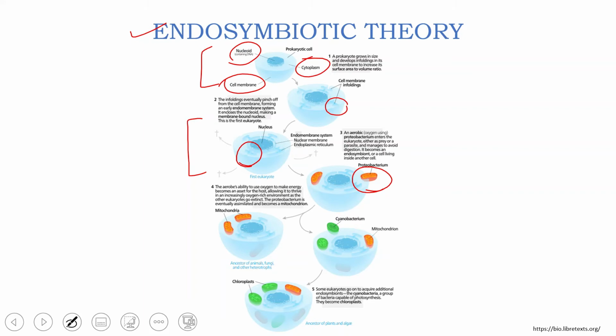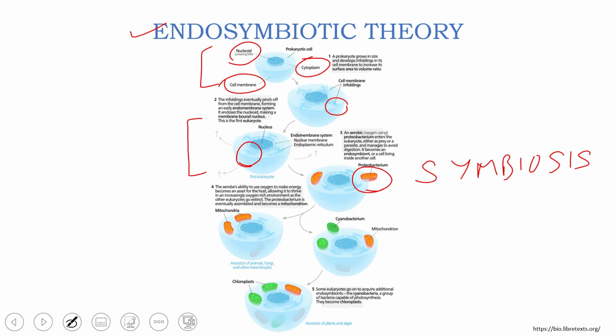In return, this eukaryote houses this proteobacterium and provides it with nutrition and a place to stay. So this becomes something like a symbiotic relationship, wherein the proteobacterium is providing energy to the cell and the eukaryotic cell is providing nutrients and a place to